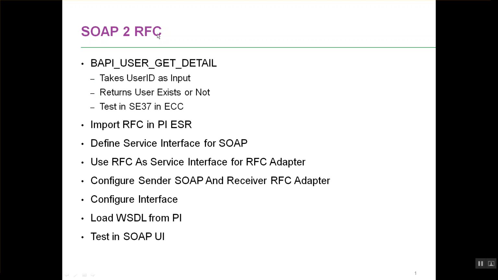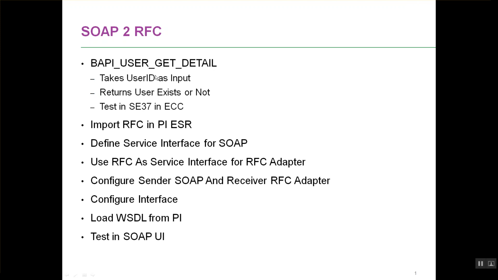Okay. The difference between the scenarios that we've executed so far: the first scenario that we executed was a file to file scenario. The second scenario that we've executed is a file to IDOC scenario, and the difference between the first two scenarios and the third scenario here is that the first two scenarios were asynchronous interfaces, and by asynchronous interfaces what we mean is they were fire and forget interfaces. Now the SOAP to RFC scenario is a synchronous interface, and by synchronous interface what we mean is there's a call that is made to PI and PI is going to respond back with a response. Okay, so with that information, let's get started.